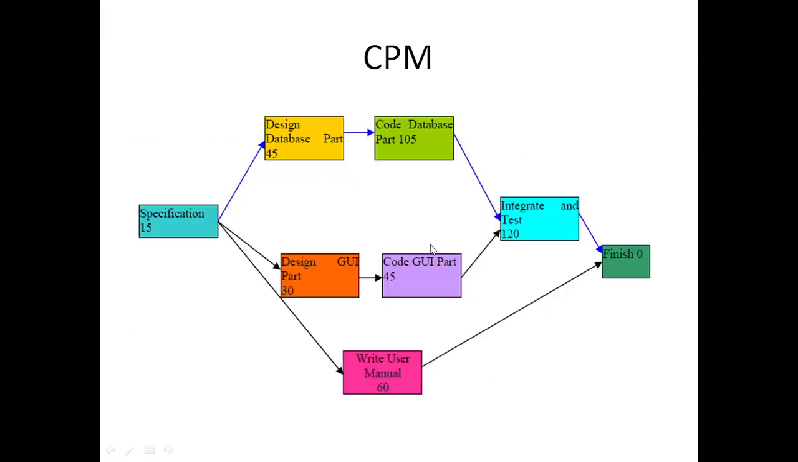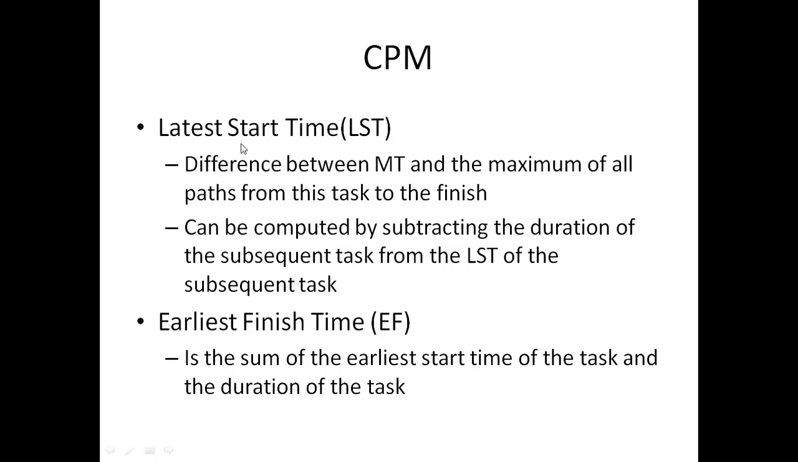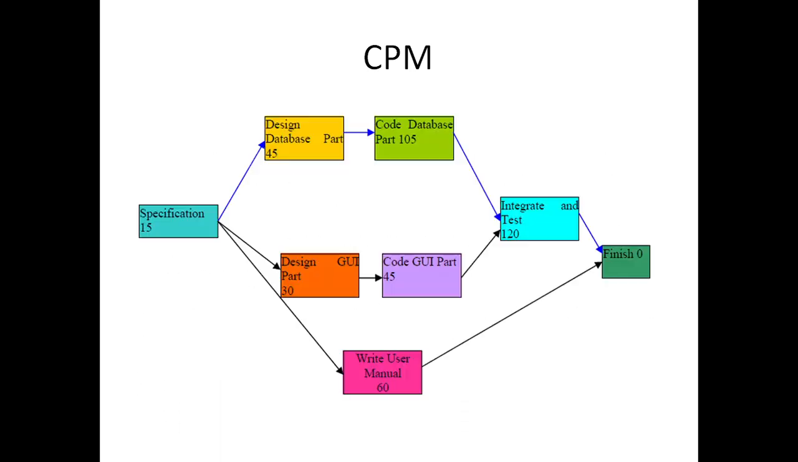And latest start. The latest start is obtained by adding all these things. We have already seen the definition here: latest start time is the difference between the minimum time and the maximum of all paths, or it can be computed by subtracting the duration of the subsequent task from the LST of the subsequent task. That way also we can calculate it. So if we calculate that,